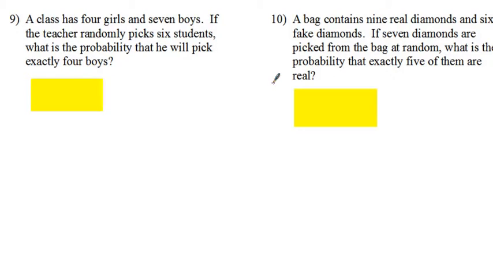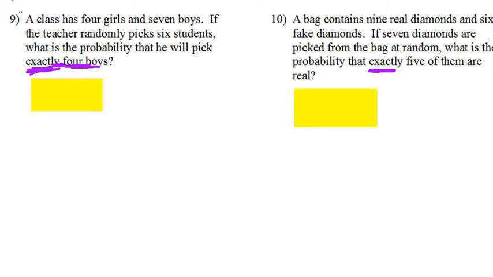Alright, so these problems, now we can start using permutations and combinations. And one of the tricks I want to show you, and this sometimes helps people, is that obviously these problems are worded differently. So when you see problems worded like this compared to the other one we had, things like, what's the chance that the teacher would pick all the girls, or what's the chance that the guy would fire off all blue fireworks? Now we're being asked about a specific outcome. What's the chance that he will pick exactly 4 boys? Not all boys, exactly 4. If you see this word exactly, this is a case where we want to start using permutations or combinations